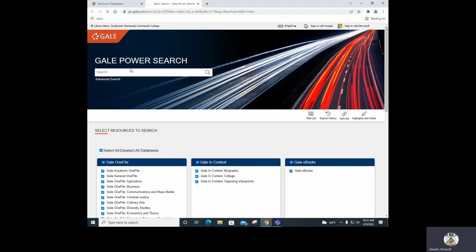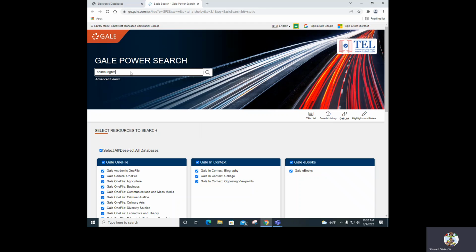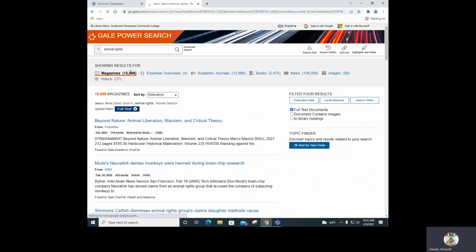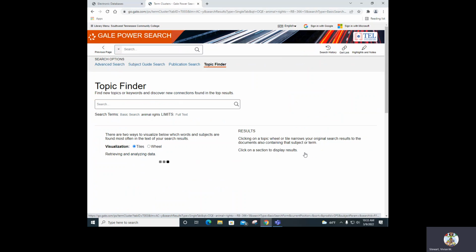Now, when this opens up, I will perform a simple search for animal rights, which I am doing now. And I won't look at any of the results because the purpose of this is just so that you can see how mind mapping looks. So on this page, there's something that says Topic Finder, and I am selecting to start the Topic Finder.